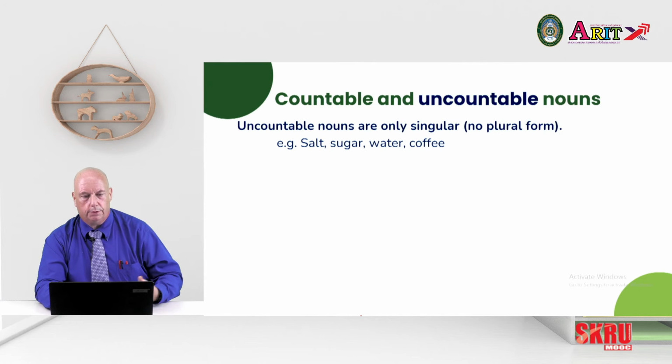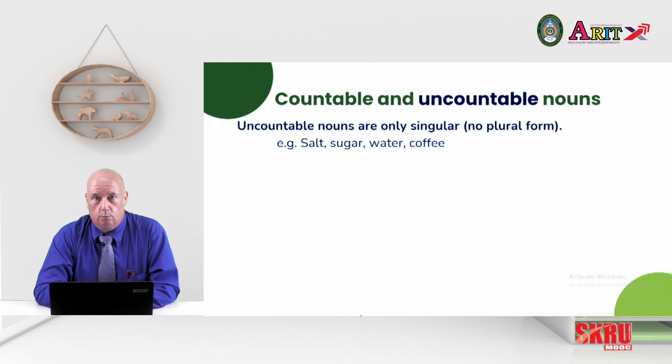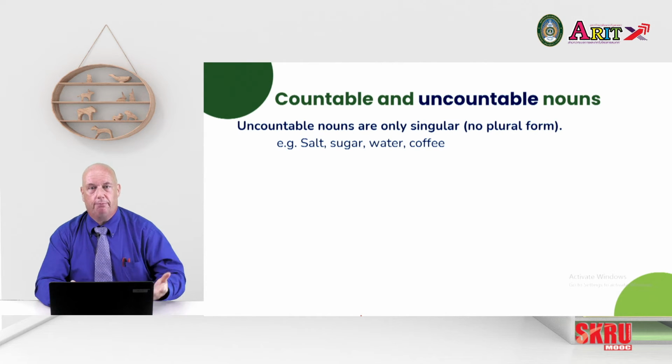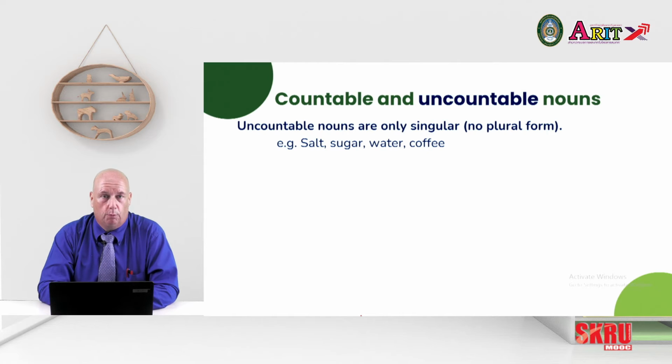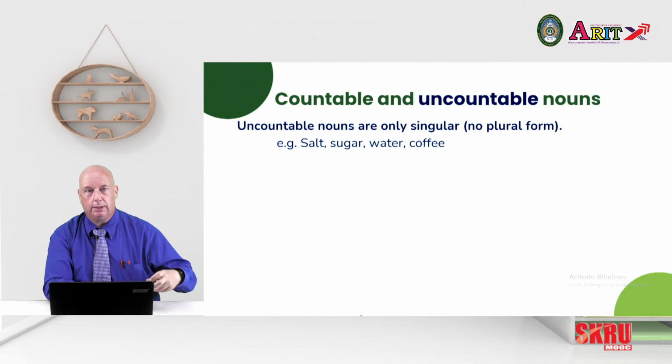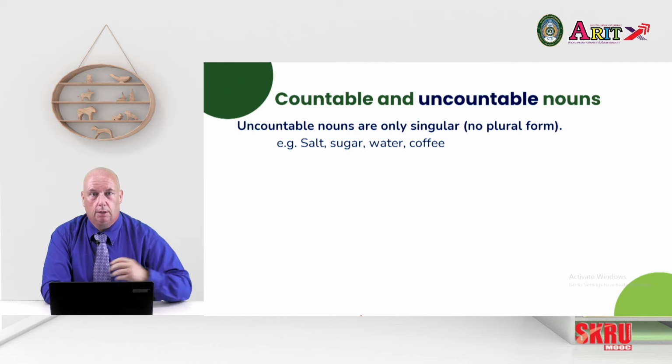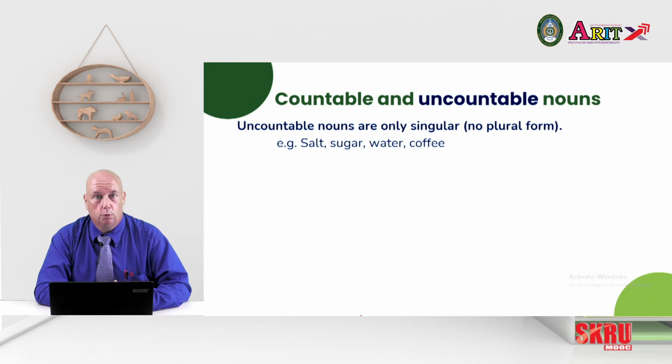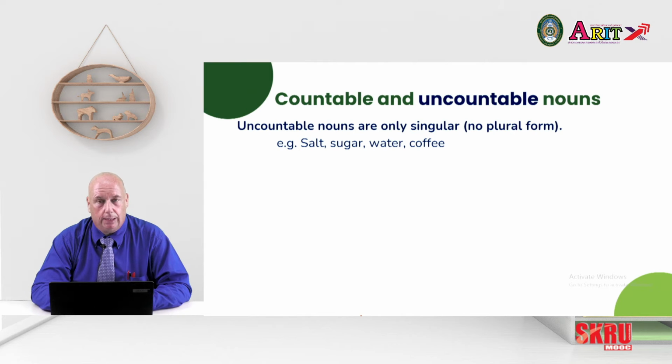The uncountable nouns are ones that we can't count. There's only a singular, there's no plural form for these. There's lots of different types. I'm focusing on food as that's what we're covering in this unit. But it's things like salt and sugar, where we have a tub, but we use a small amount. You take a spoonful of the tub and the tub still has salt or sugar in it. Water, coffee, basically any liquid, anything you drink or pour.